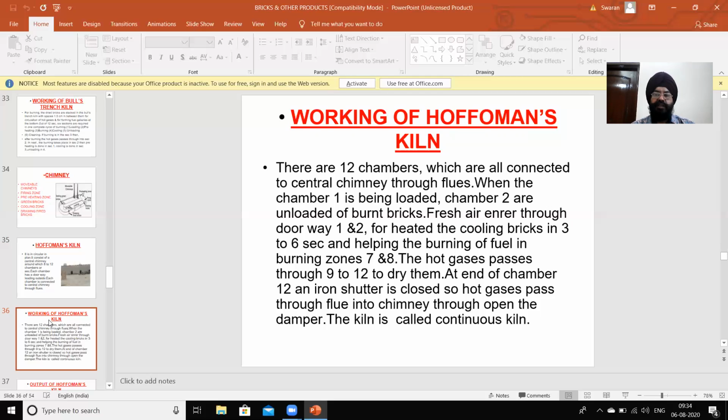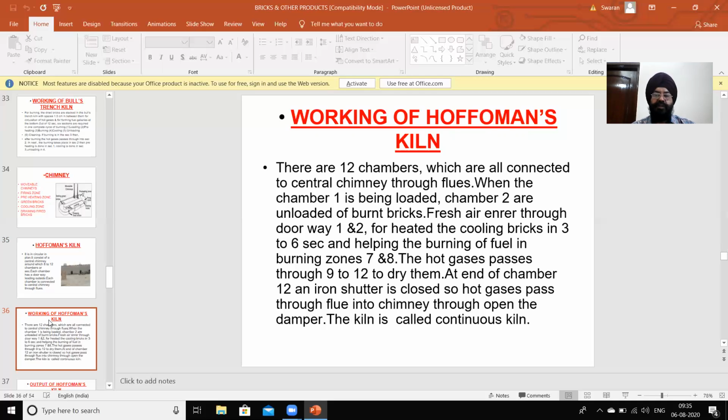Fresh air enters through doors 1 and 2 to heat the cooling bricks in sections 3 to 6 and helps the burning of the fuel in burning zones 7 and 8.